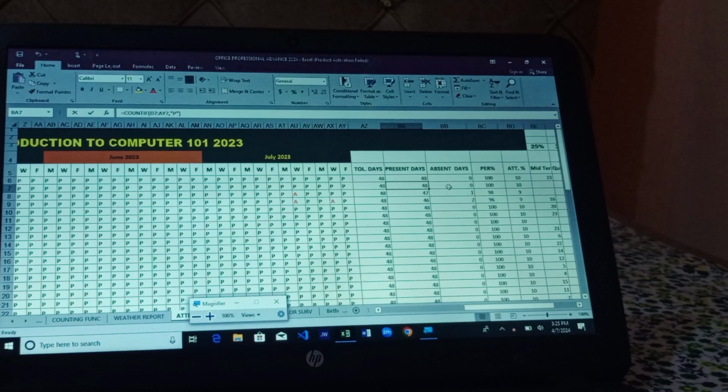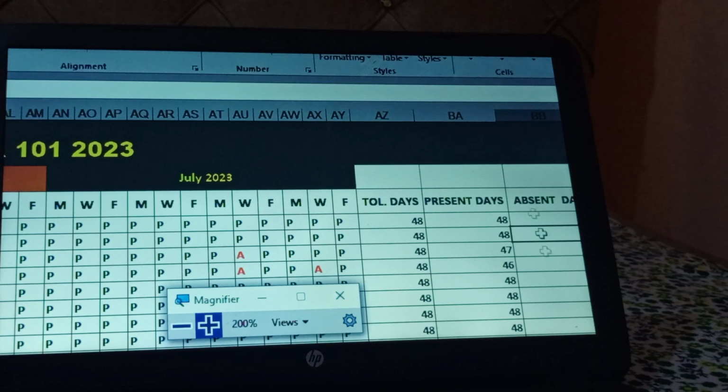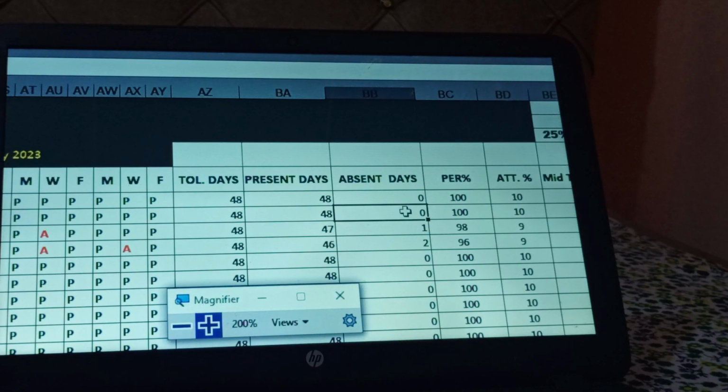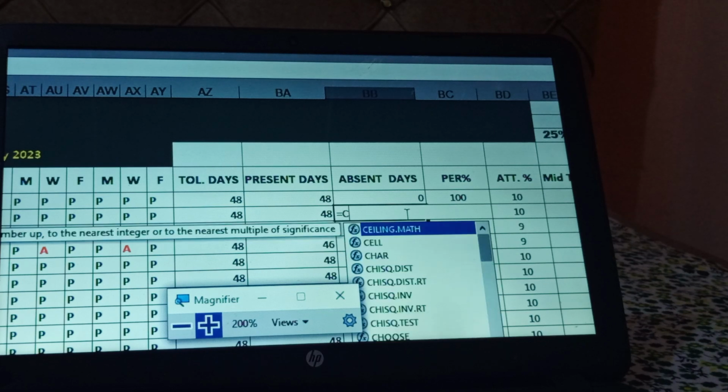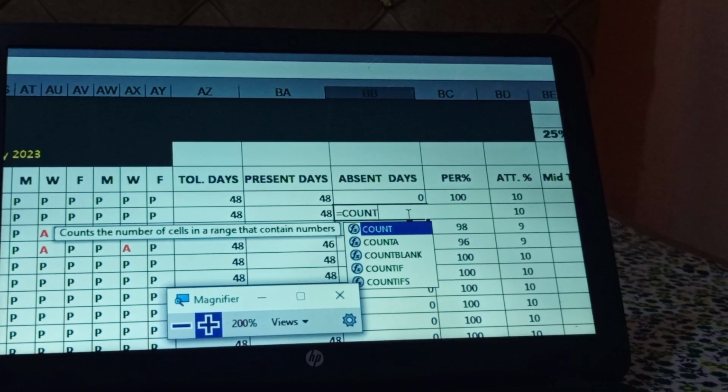Now, what about the absent days? The absent days are the same thing. The same function from here is the same function from here, but in place of the P, we're writing A. So let me magnify again so that you see. The absent day will be like equal COUNTIF